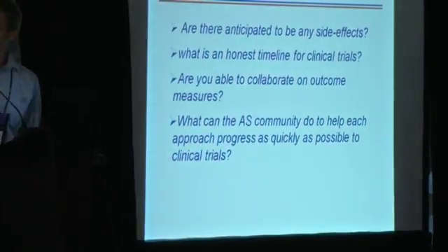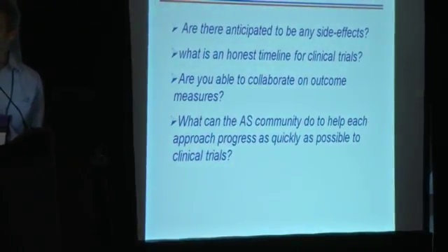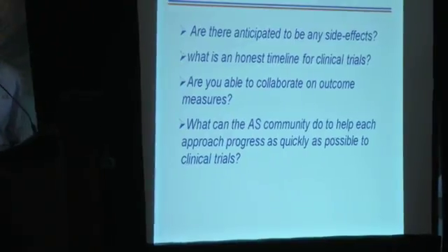So the next question is, are you able to collaborate on outcome measures? And I know there was a lot of discussion during the scientific talk about this. Yeah, I would say it's a must in rare disease. Again, I spent a fair number of years. You have to collaborate on outcome measures, despite the fact that our drugs have different mechanisms and potentially address different parts of the disease. In rare disease, it's absolutely necessary to work with the community of researchers and patients all along the way in refining the outcomes, making sure that the outcomes are sensitive and appropriate